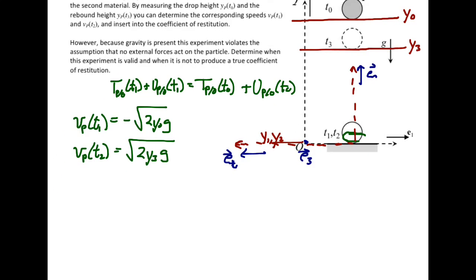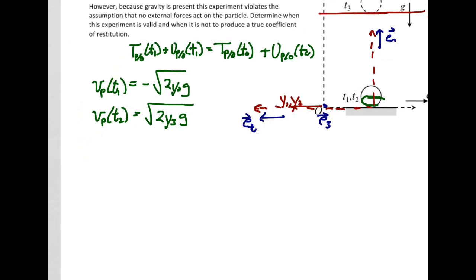And so we get our speeds along the line of impact at time 1 of negative square root of 2 y naught g, and then at time 2 being the square root of 2 y sub 3, which is our final height, times g. And so what's different in this situation, we said, is gravity. So when we draw our free body diagram of our particle, and this is during the collision,